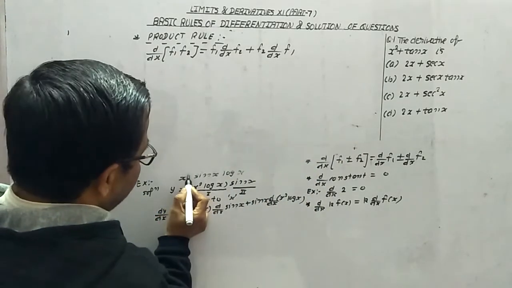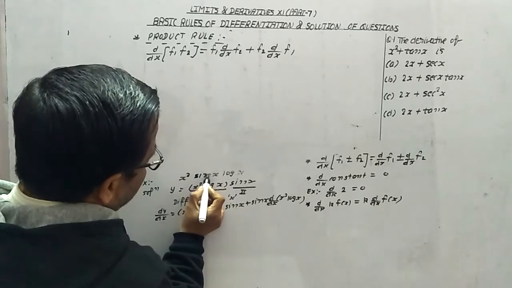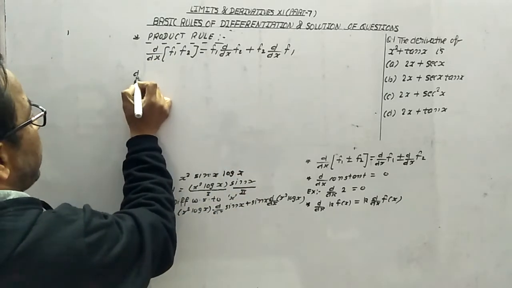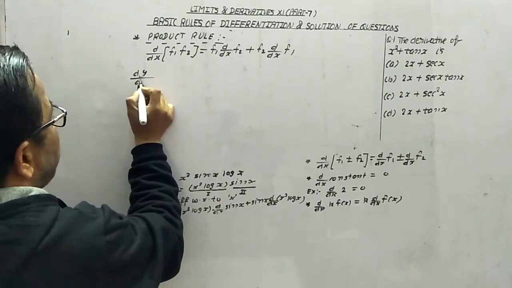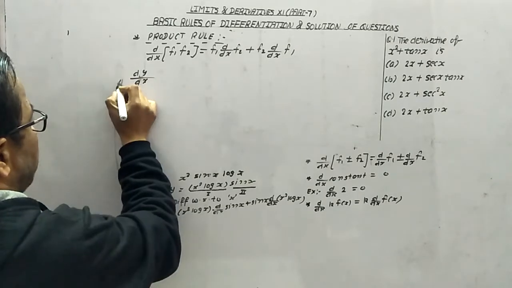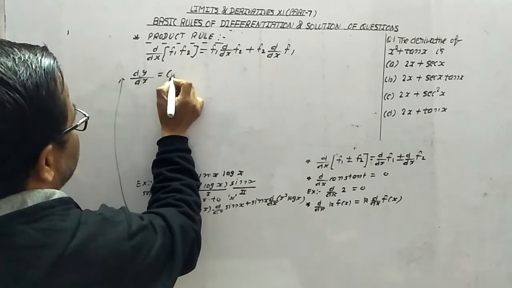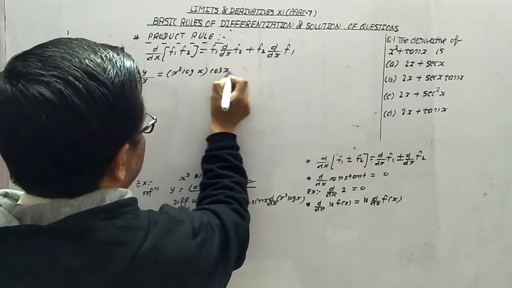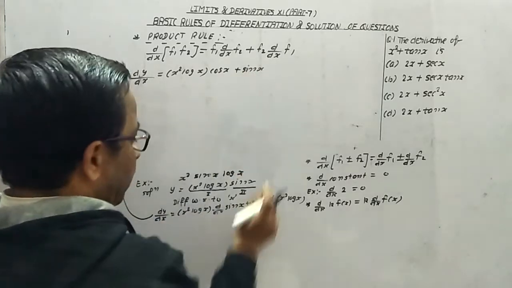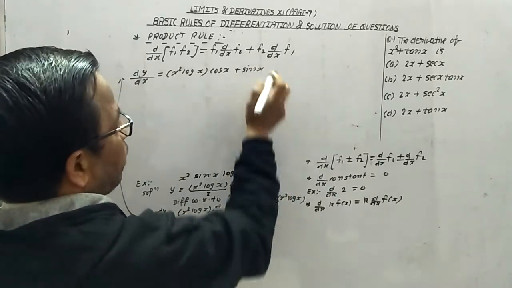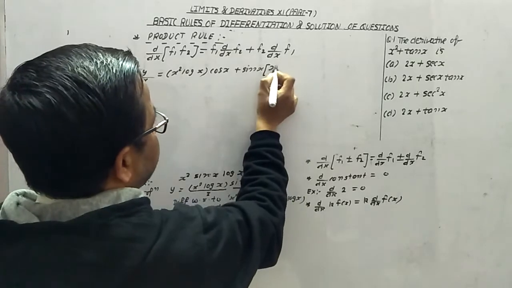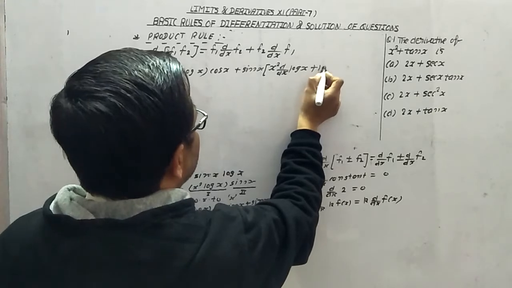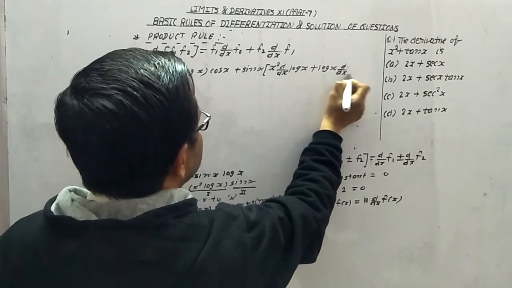So what was the question? x square sin x into log x. Now look at this thing, dy by dx. Here I am going to continue this solution. Now look at this thing, x square log x. What is the differentiation of sin x? cos x plus sin x as it is. Here again we will apply this product rule. Now here I am doing directly first function as it is, differentiation of log x plus log x as it is, differentiation of x square.